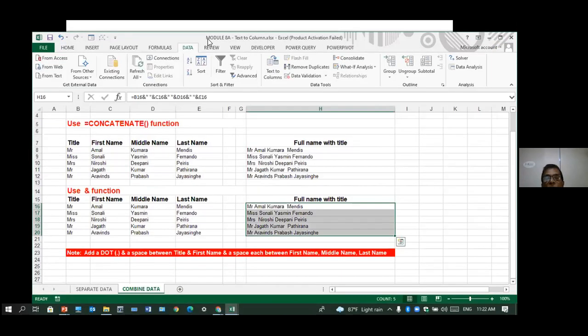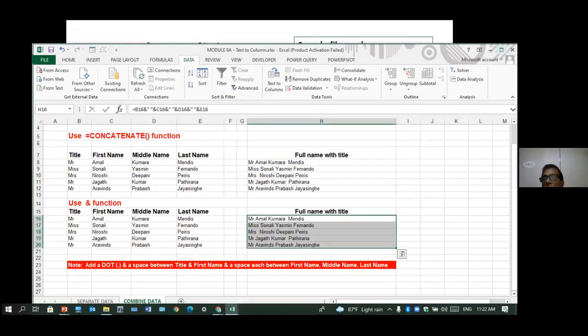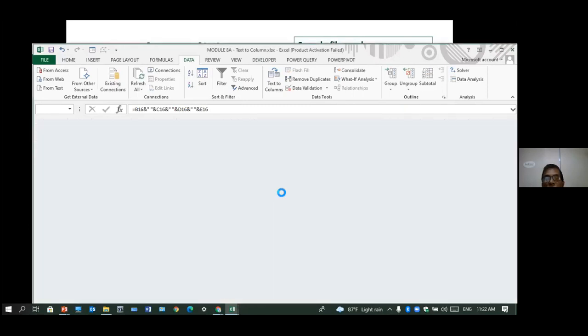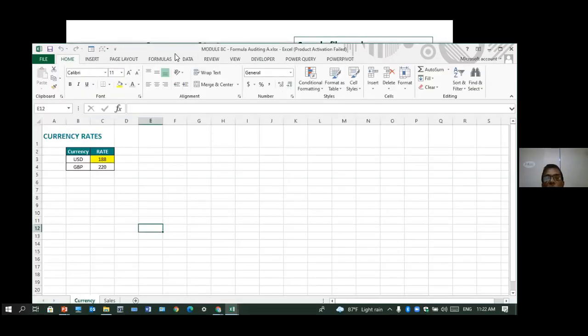Go to 8A, sorry, 8A is text to column. I'll close that. 8C, there are two.